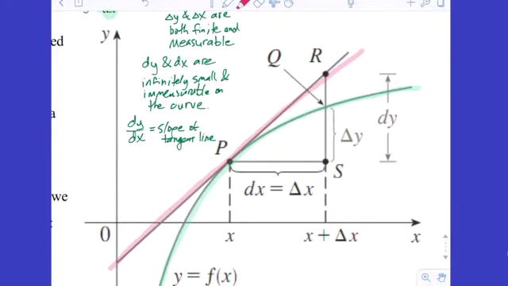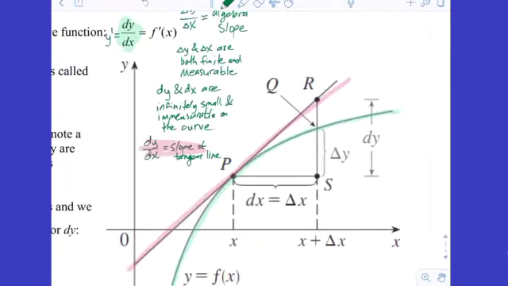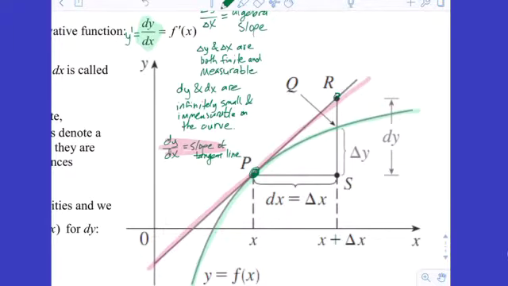So if you want to get from this point P to another point that's delta x, we called it h back in the day, that's h units away, you're going to go up dy and right dx, right? That's the slope. If dy dx is the slope of the tangent line, from this point here to this point here, you're going to go up dy, and that's shown right here, and you're going to go right dx. So that's what dy dx is. dy is the distance then from the other point on the tangent line to the y value that you started with, and dx could be anything. In this case, delta x